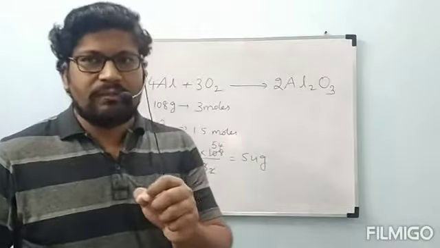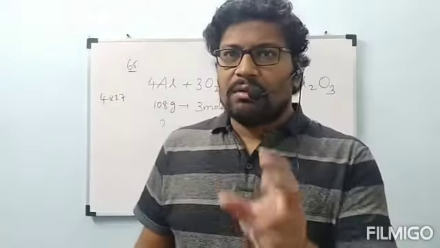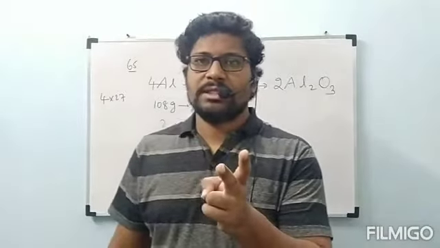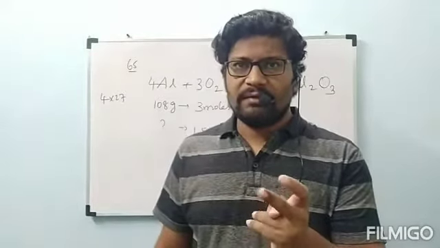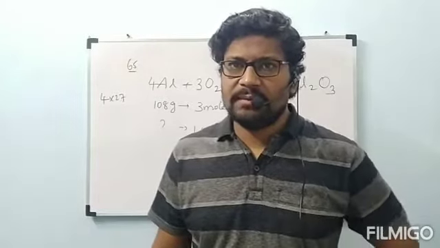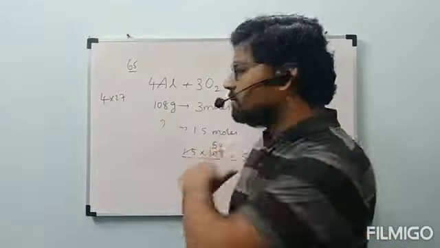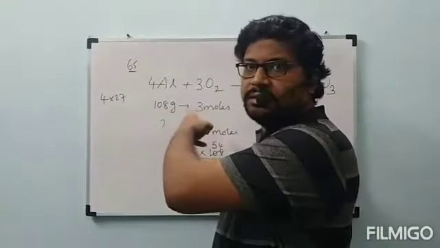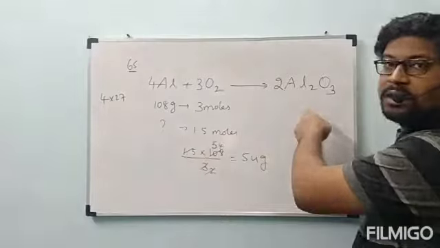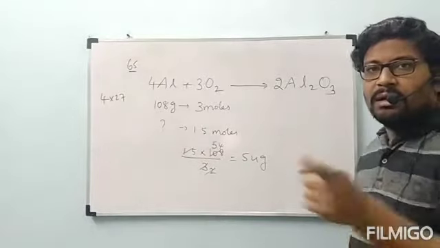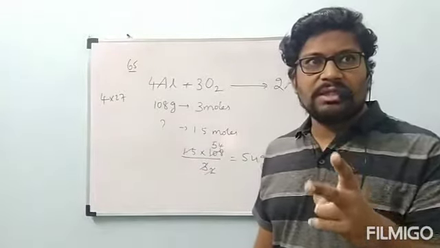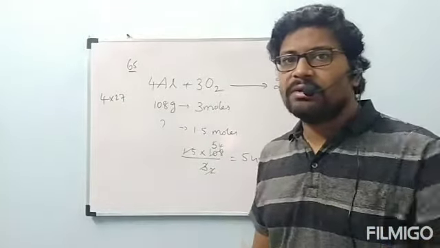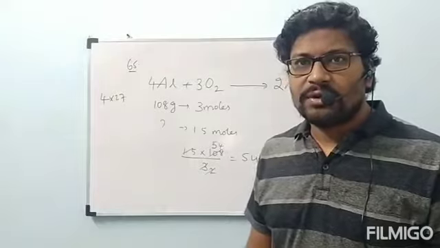My suggestion is to concentrate on any two terms they mention. When we are not bothering about excess and limiting reagent, in this type of problem they will mention only two terms. Here they mentioned aluminum and oxygen. They didn't bother about aluminum oxide. Just concentrate on the two terms, and get what they ask. Shall we go to the next problem?